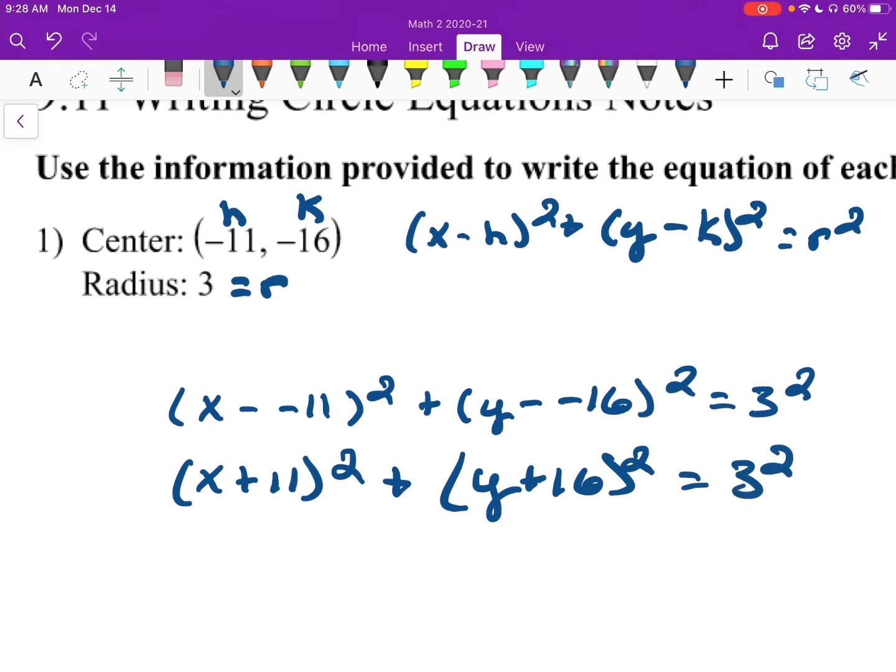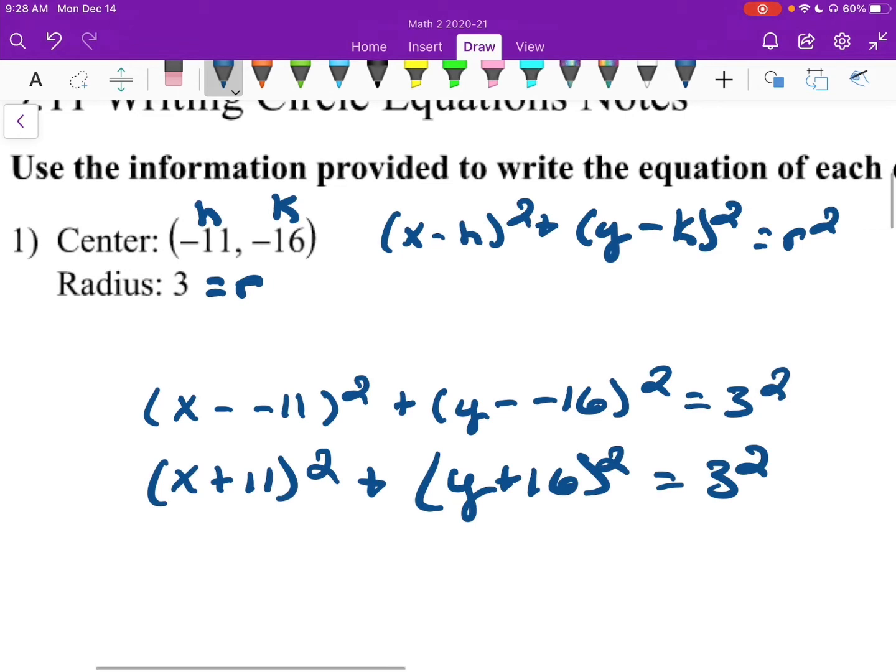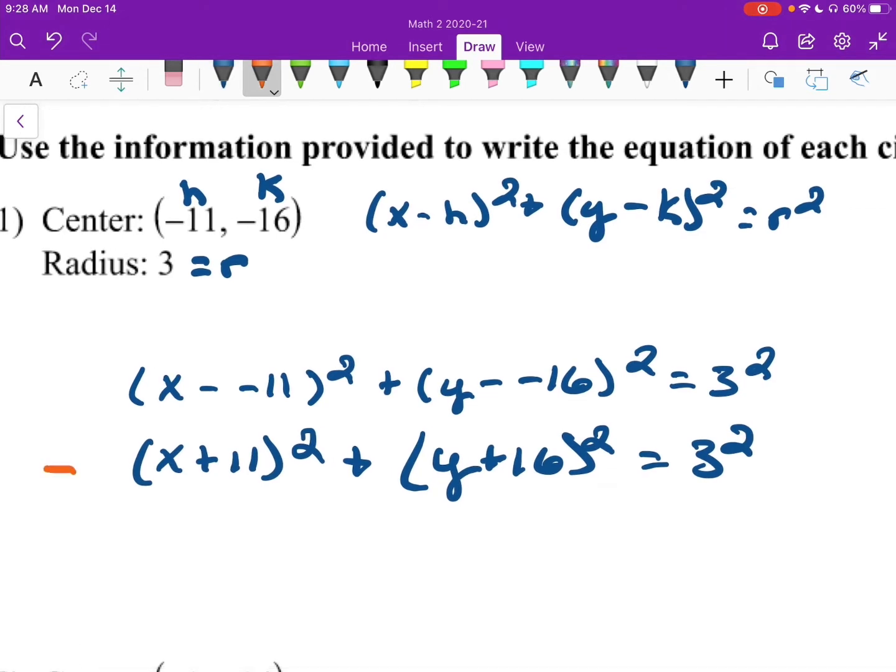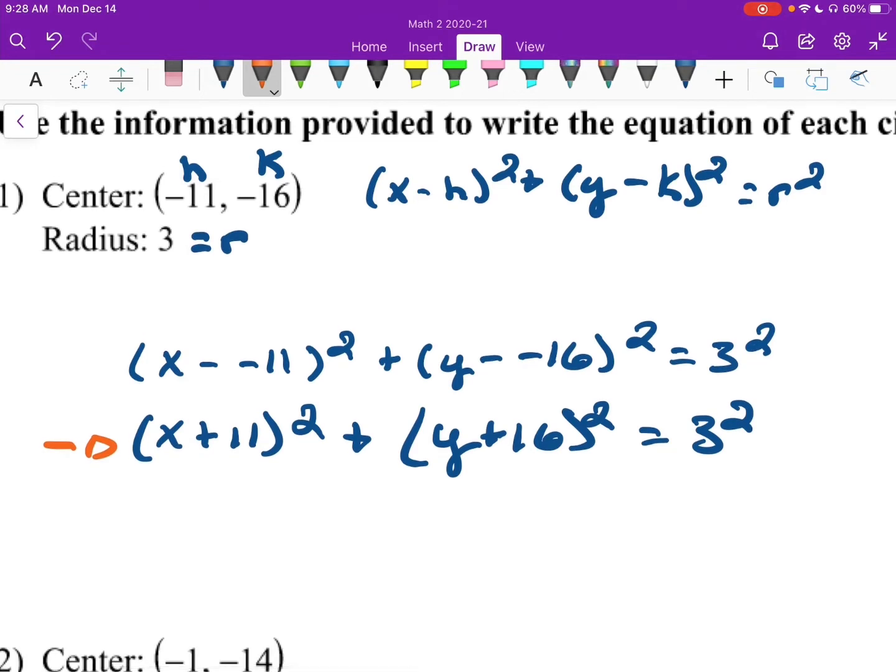And let me check on CUDA to see if they leave it as 3 squared or if they turn it into 9. I know that's an easy thing for you guys to do, but I just want to make sure I tell you what they do. Yeah, CUDA will turn this into 9. So if we were doing this by hand, honestly, I'd probably prefer you leave it like this, because then you can very quickly grab your radius. We can immediately say our radius is 3. And if we turn it into this,